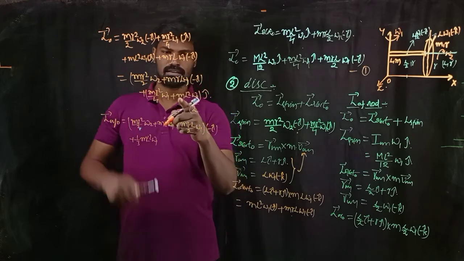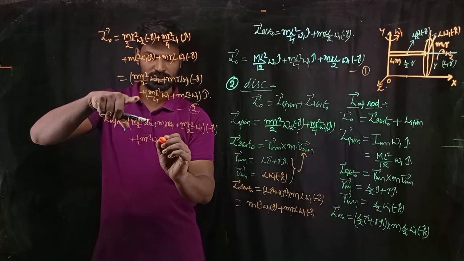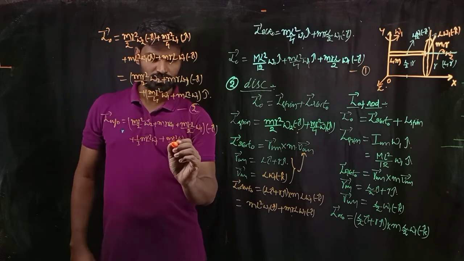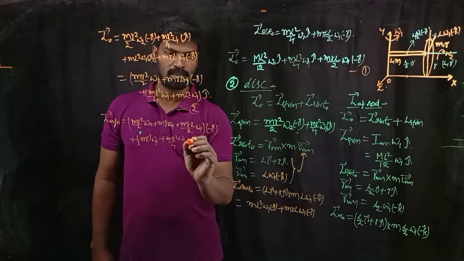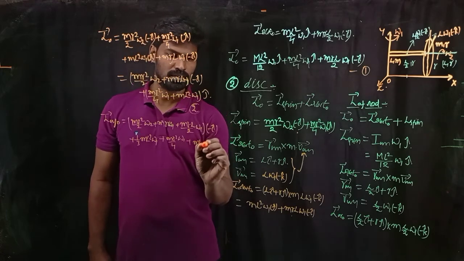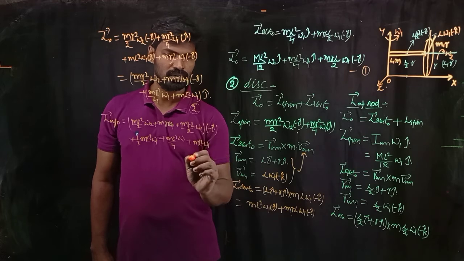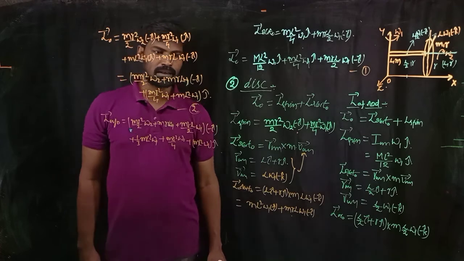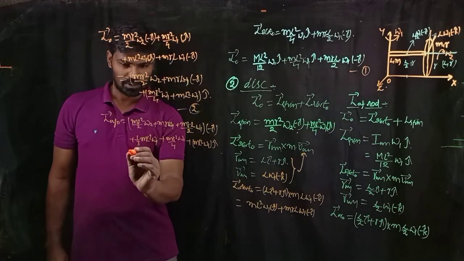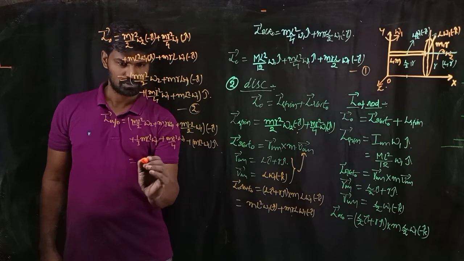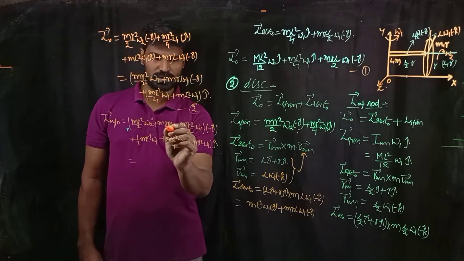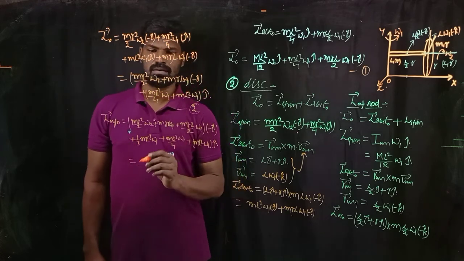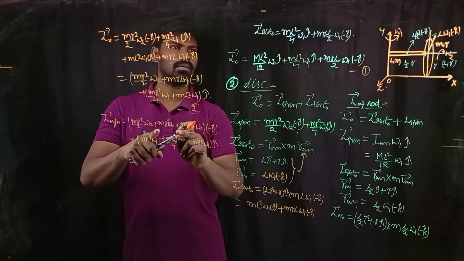Is there any j term in this one? Yes, here there is one more j term. How much is it? Plus M R square omega 1 divided by 4 plus M L square omega 1. Take care. Okay, that is equal to what are we going to get here? If I simplify this, is there any possibility for simplification? This is R square omega 1. Okay, this is I cap now.